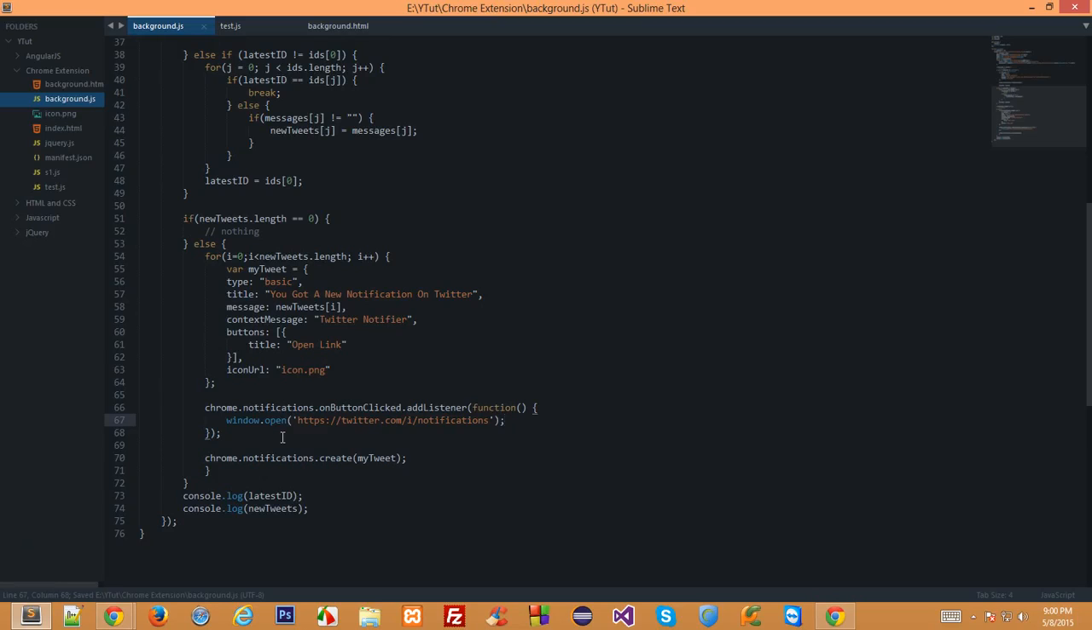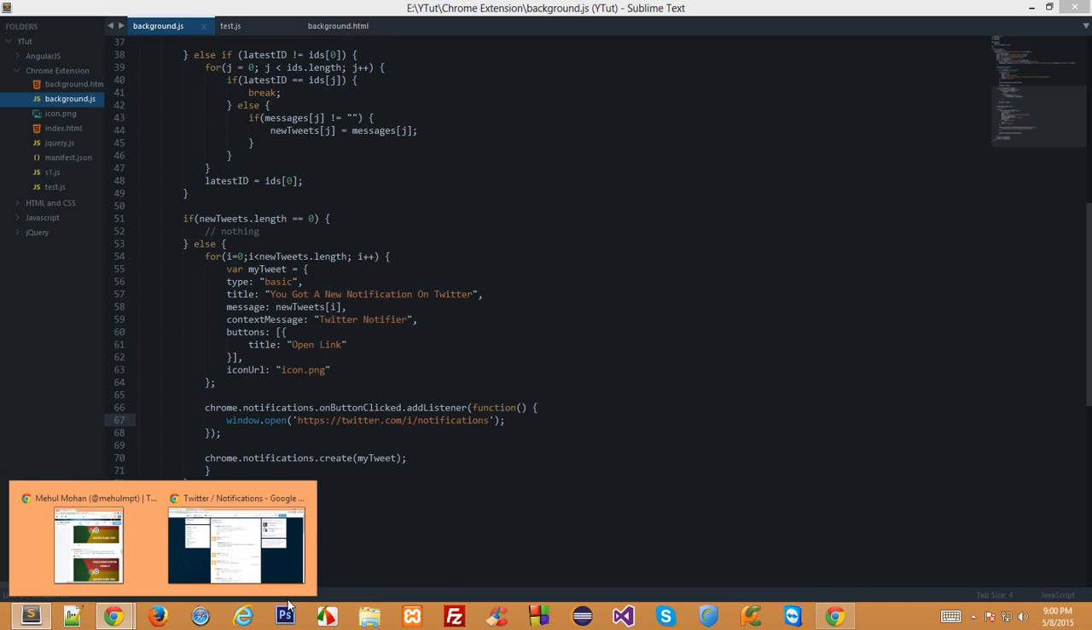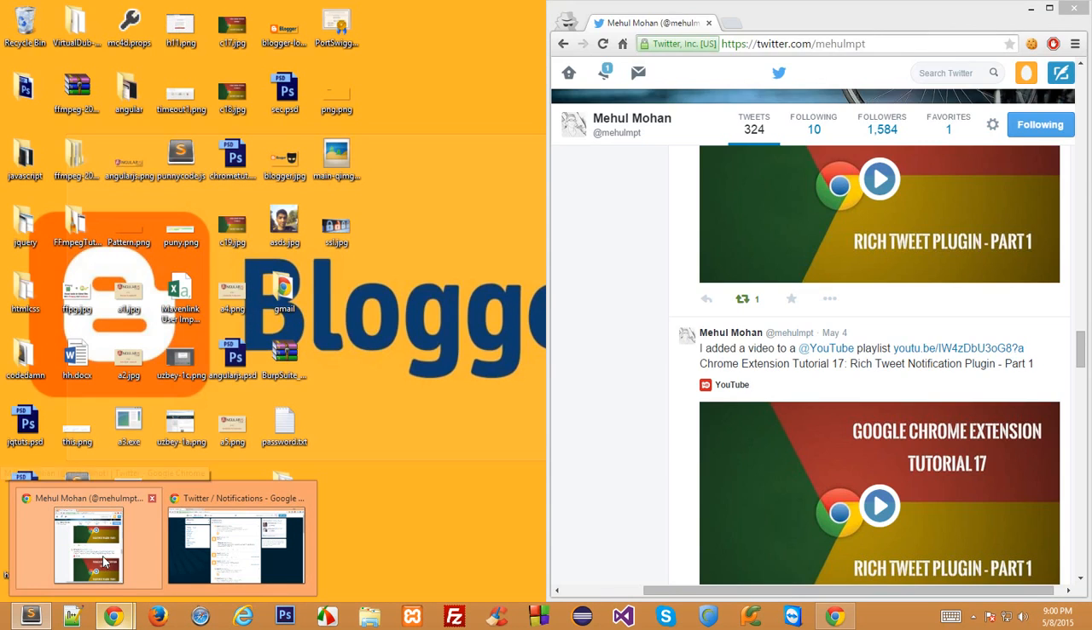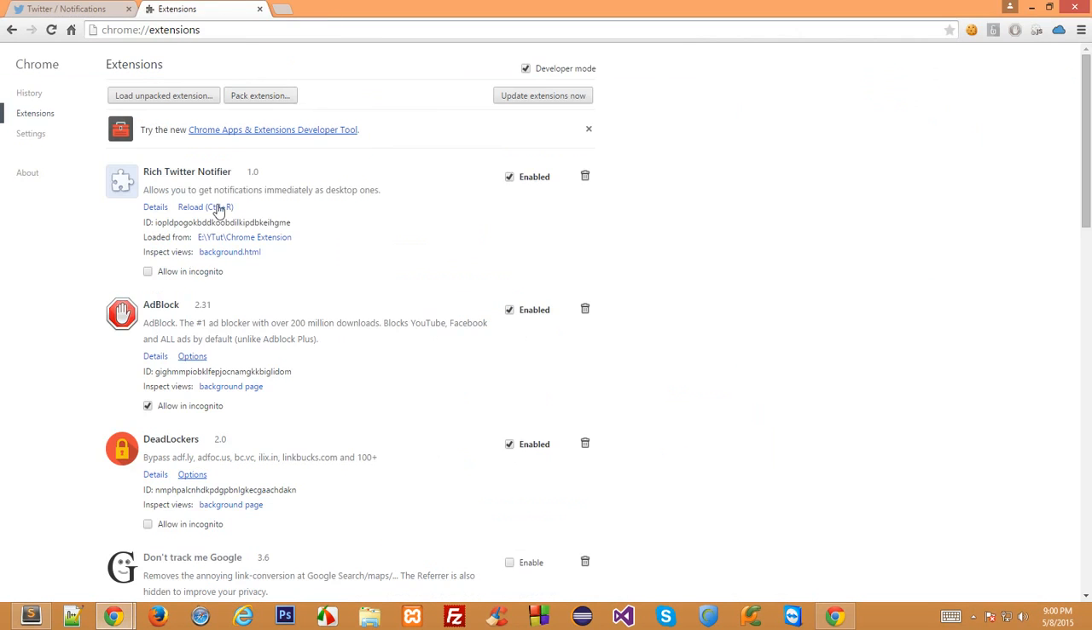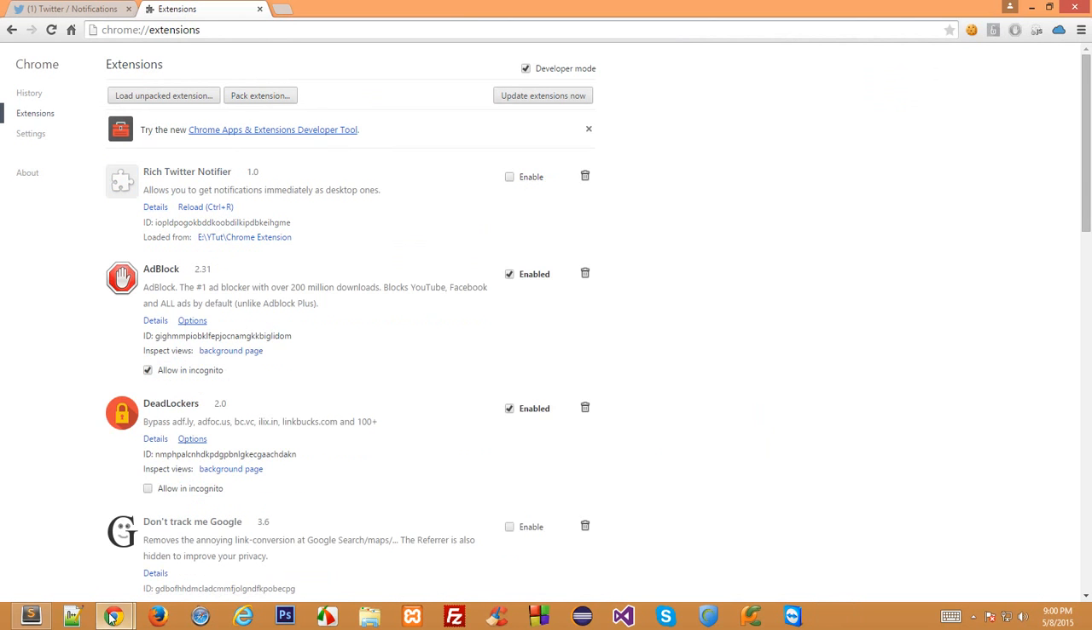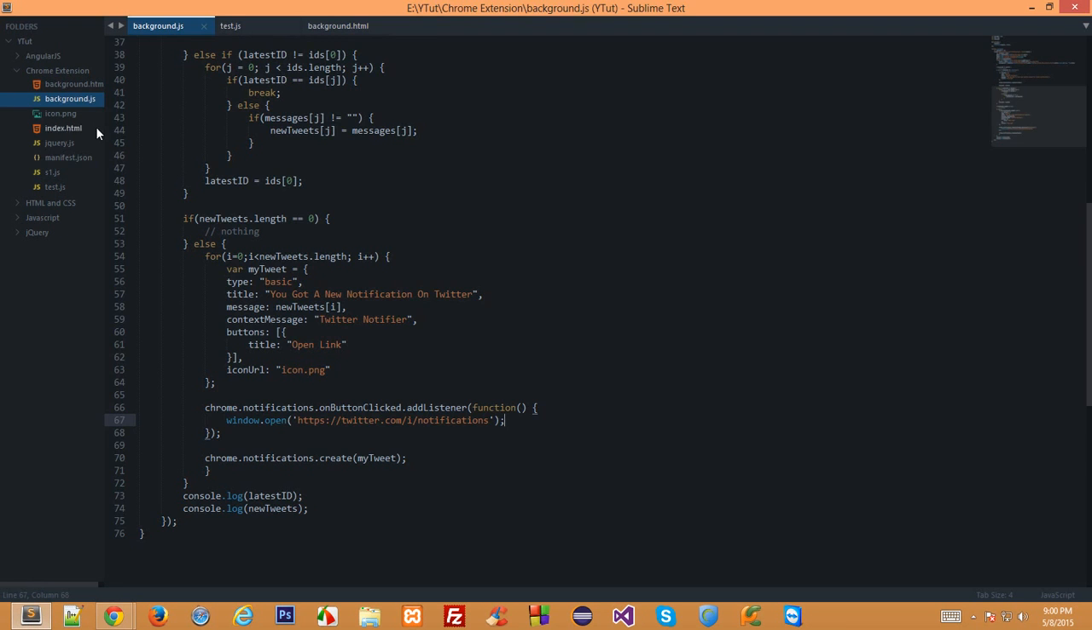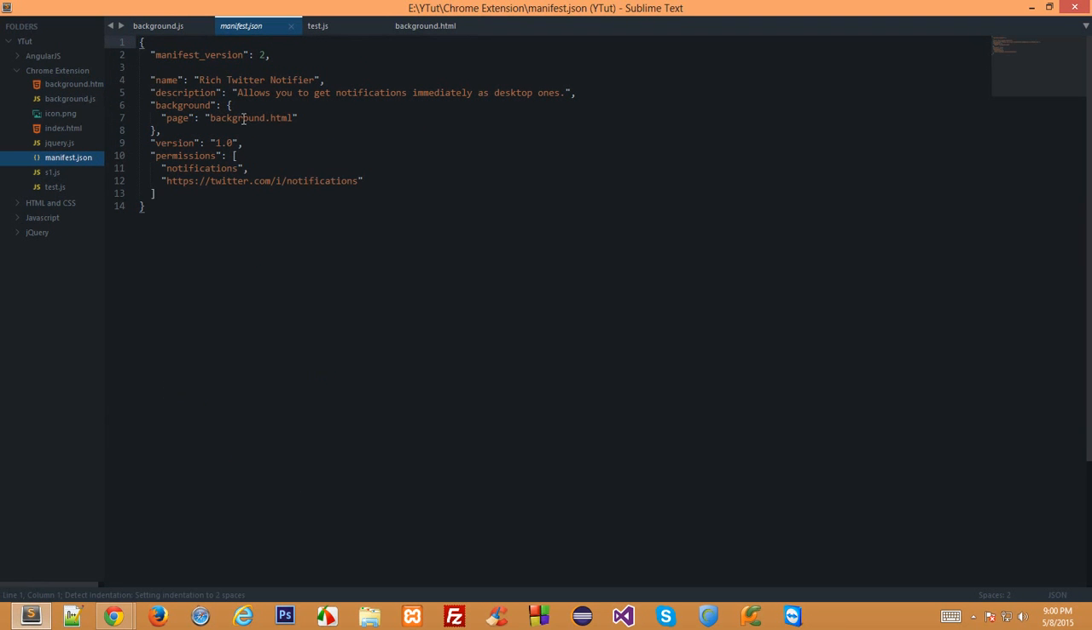Alright, so that's kinda it. We have successfully developed our extension. Let's see it in action. Let's say I disable this, and why not just apply the icon as well in the manifest.json. So icons should be there, there should be a comma,